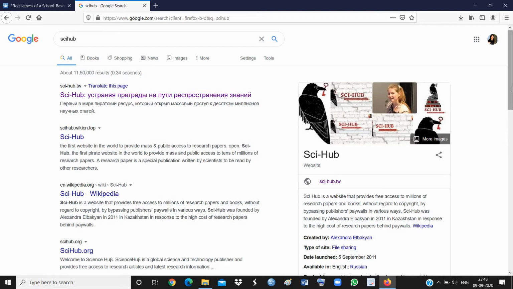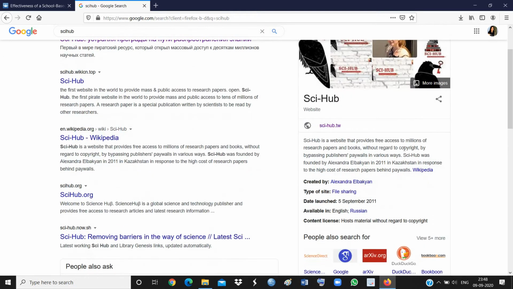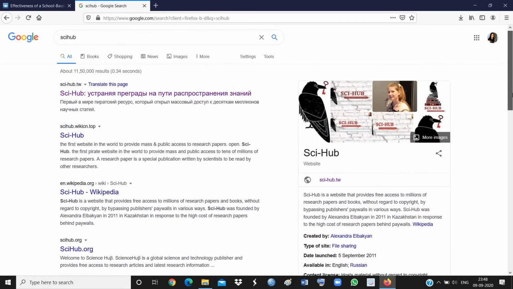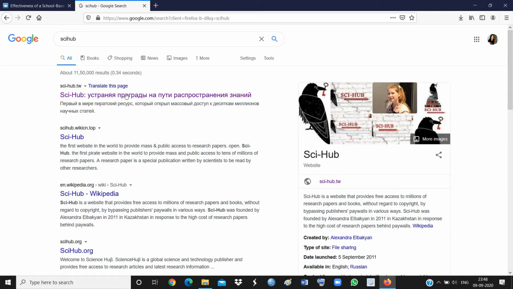Basically, Sci-Hub is a website that provides free access to millions of research papers and books, without any regard to copyright, by bypassing the publishers' paywalls in various ways, right? So we need not pay the money to the journals for the sake of downloading or reading the research paper. We can straight away go to Sci-Hub.